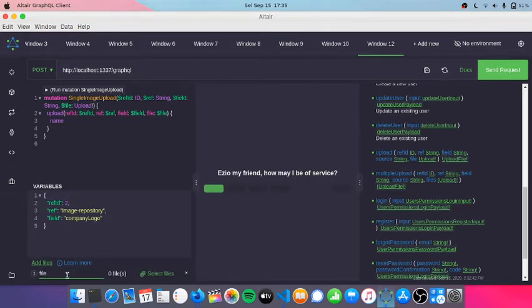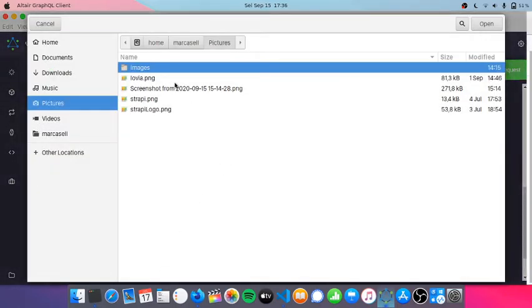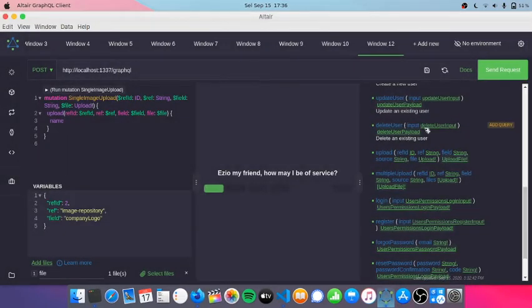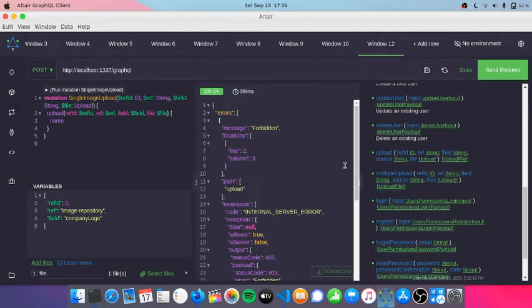So why this is file, actually this is the name of the variable, this one that we have assigned to file. I will just select an image, for example this one, Lovia, and if I press send request, oops, it